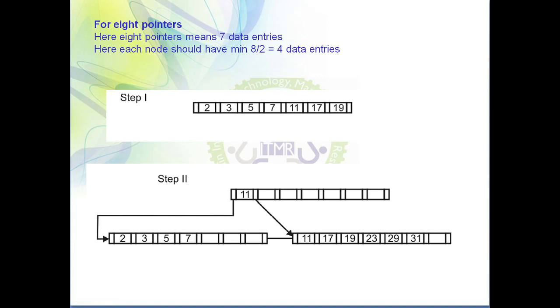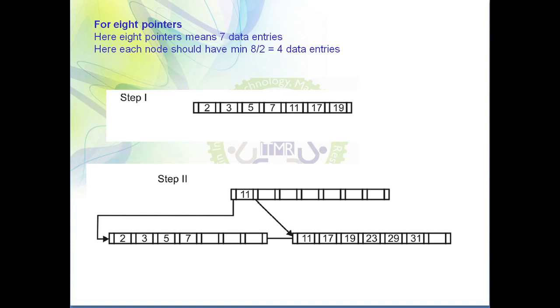So I hope you understand how to construct a B plus tree when the number of pointers and the key values are given to you. In this case we have been given a set of key values and asked to construct a B plus tree for n equals 4, 6 and 8. We observed that when n equals 4, the number of levels and steps are more. When n equals 6, it takes 3 steps, and for n equals 8, the B plus tree is constructed in only 2 steps.